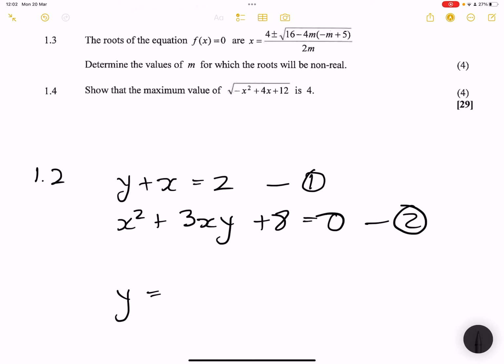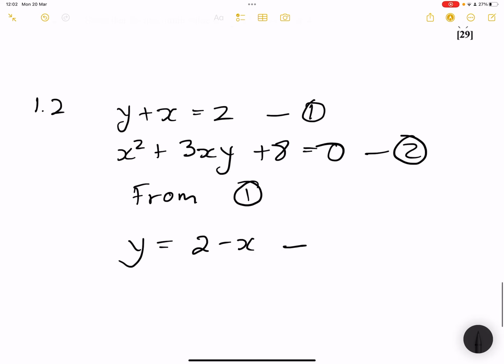So from equation 1, I'm making y the subject of the formula. Make the one that is simplest the subject of the formula, that wouldn't give you fractions, right? But if they both give you fractions, there's no avoiding that. So y is equal to 2 minus x. Let's call that equation 3, right? Now, equation 3, I cannot substitute it back into equation 1 because it comes from equation 1. So I'm going to substitute equation 3